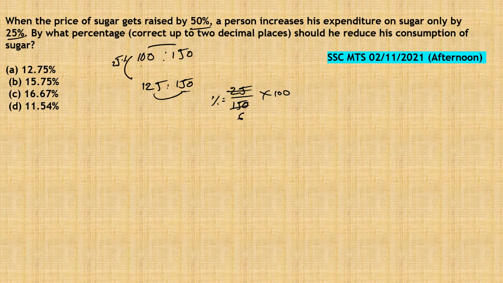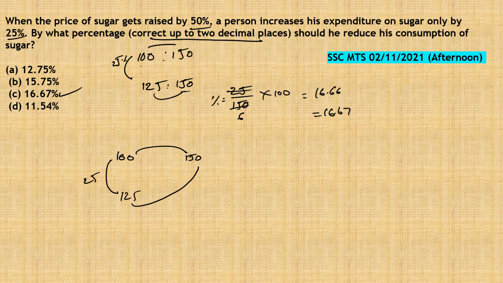25 ones are 25, 6 are 150. 100 by 6 is equal to 16 2/3 or 16.66. Correct up to 2 decimal places, then 16.67 is the answer. Understood? The price was 100 and it increased by 50%, that is 150, and he increased his spending, that is expenditure, by 25%, that is 125. How much less is he getting? 150 minus 125, 25 he is getting less. Okay,